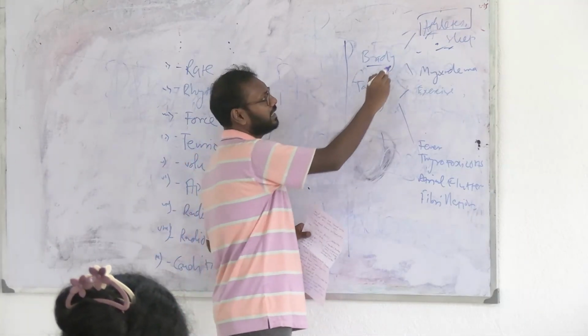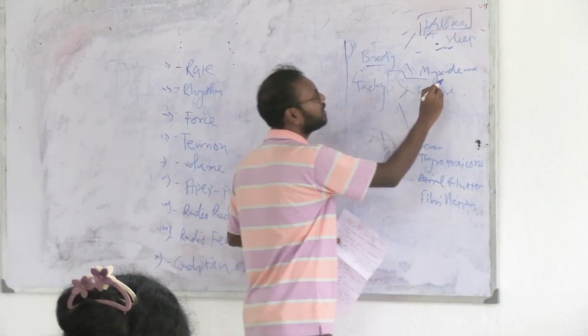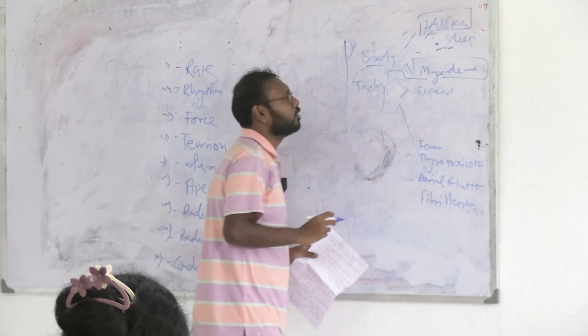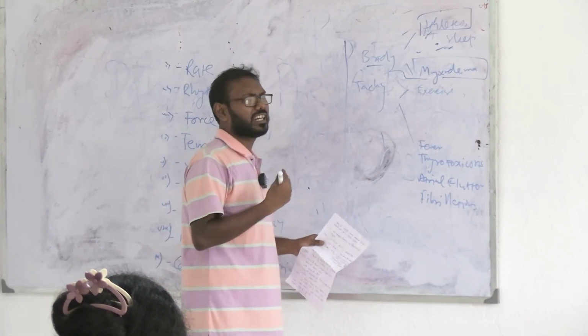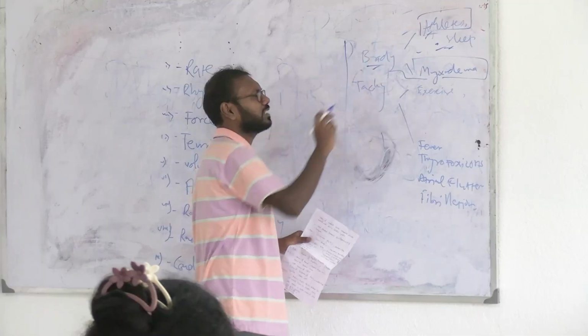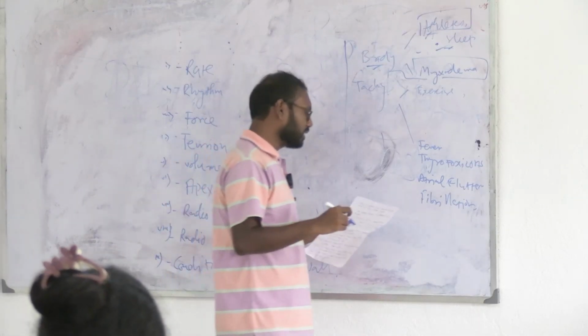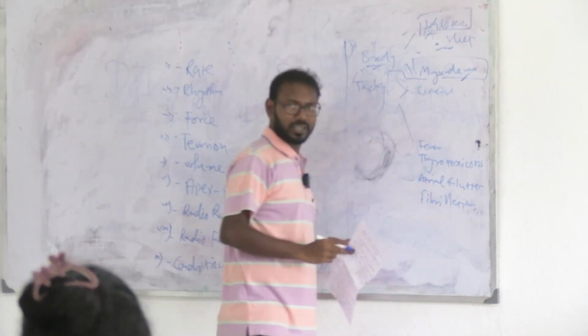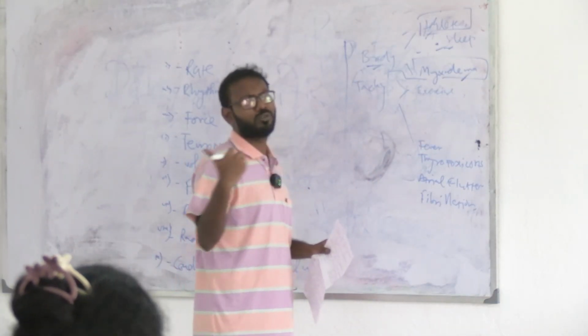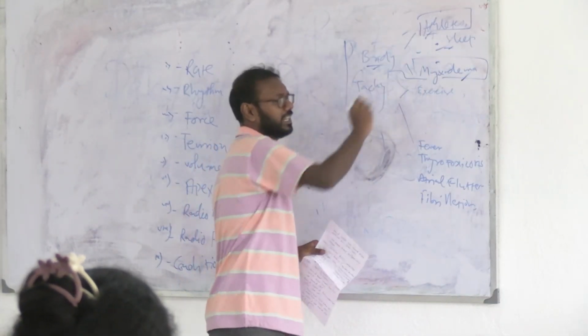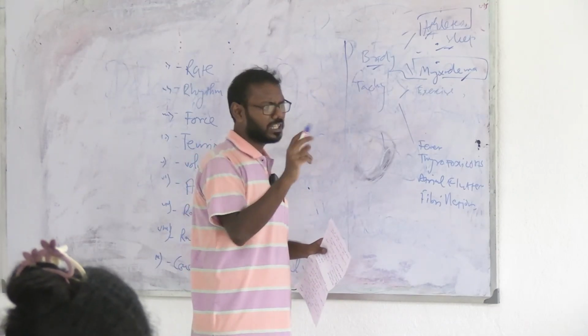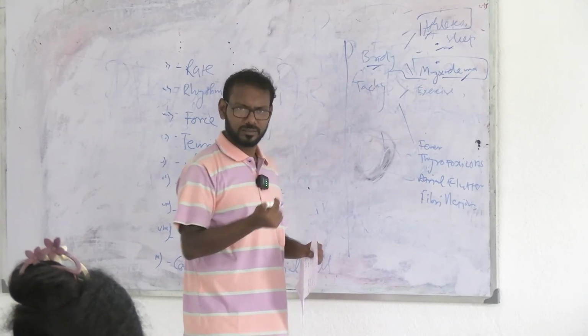Now pathological bradycardia. Pathologically, there are also some situations where your heart rate and respiratory rate, in this case we are talking about pulse, so pulse will be down. So what are those diseases? Myxedema, okay, related to thyroid hormone. You will know the pathophysiology behind it in detail in endocrine.